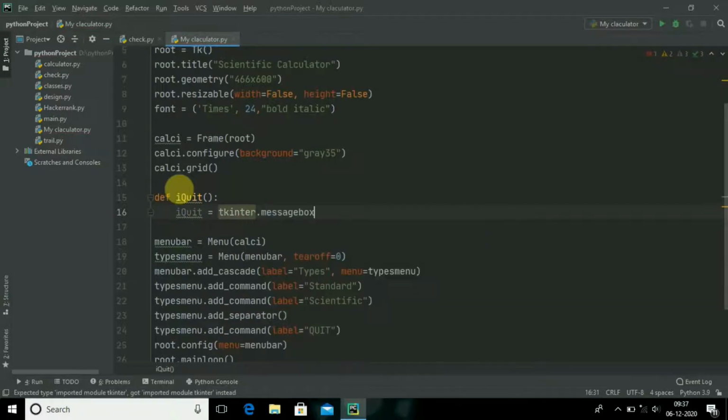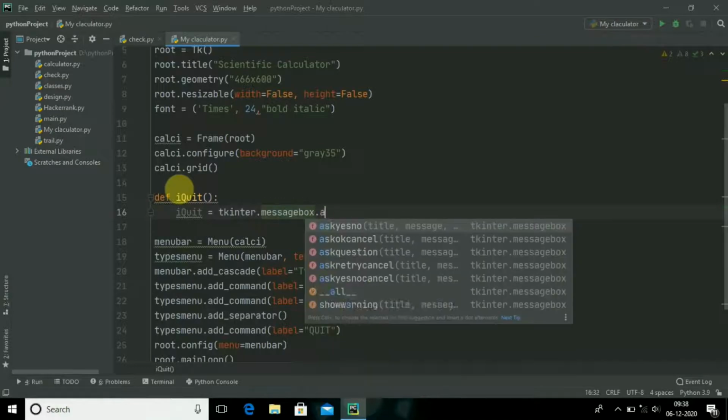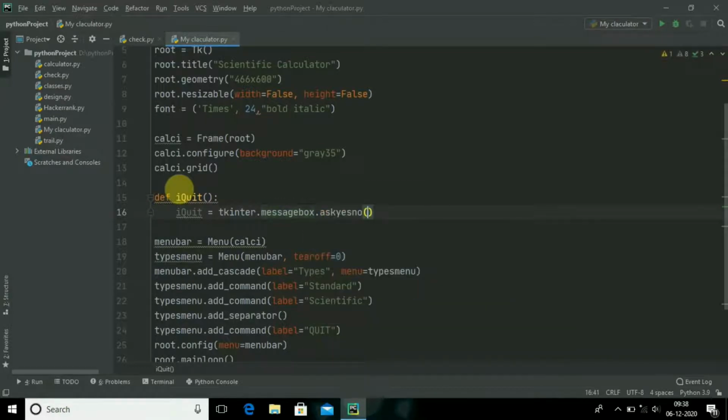I will be using the message box, and it should ask yes or no to me whether, scientific calculator, are you sure you want to exit?